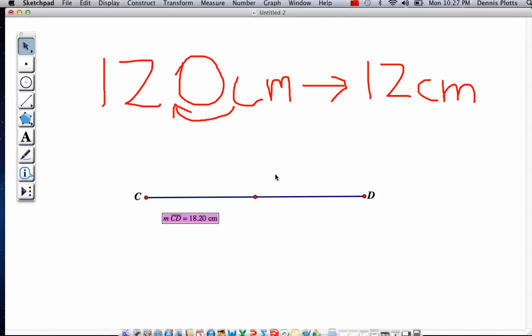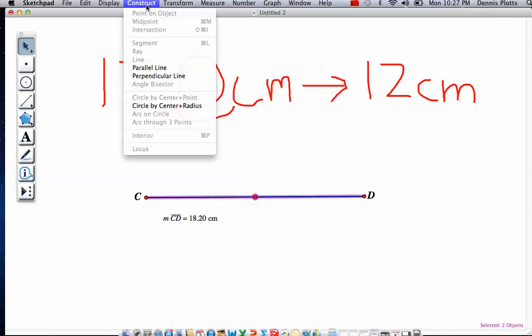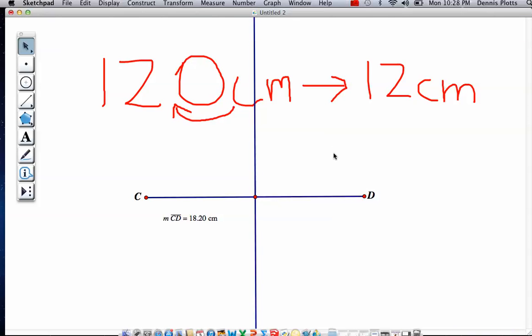So what's nice about this is that from here, if I click on the segment itself, I can construct a perpendicular line, and you notice that I've cut the segment in half. Whatever kite you have, either the diamond kite, which has the bent spar right here that we did in class, or the sled kite, it's going to be the same on